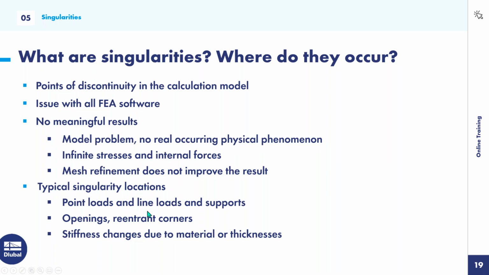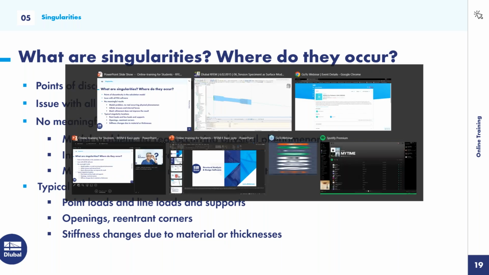So for the first one, I'll show you how to avoid these point loads. Then we'll talk about how to avoid or fix rounded corners or openings. And for this third one, I won't be showing how to fix this, but a solution would be to space out or have smaller changes in thickness to a plate or something. So let's go back to RFEM,